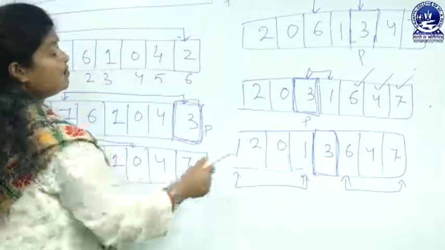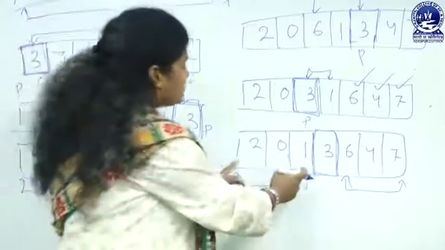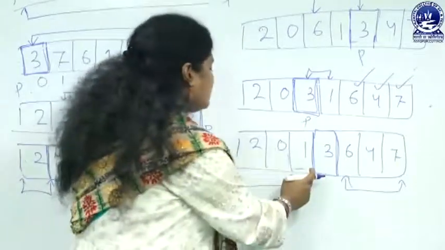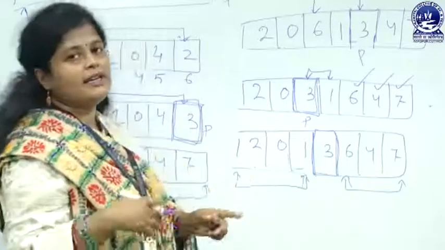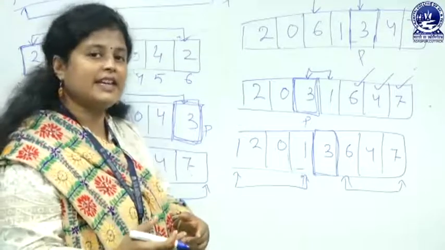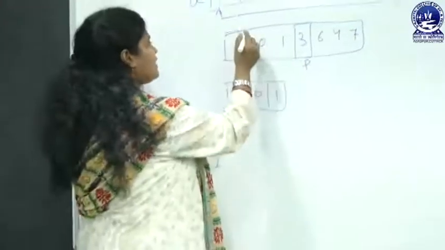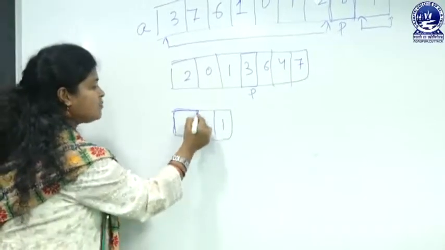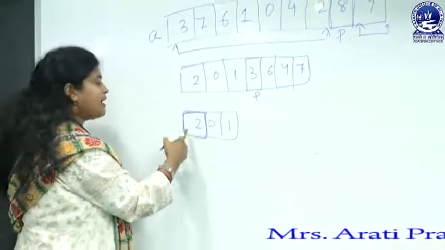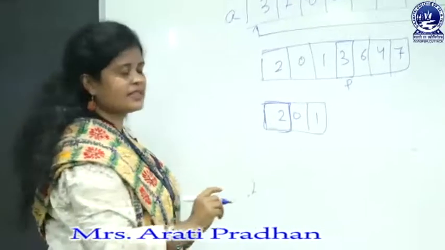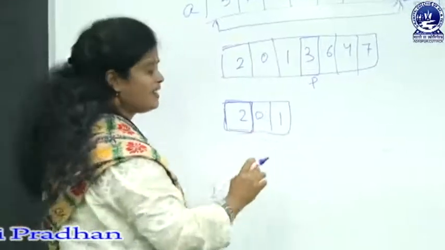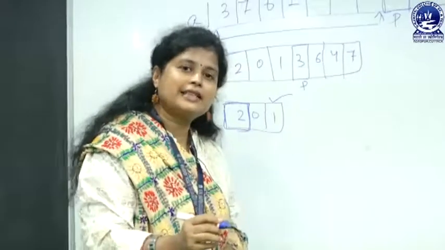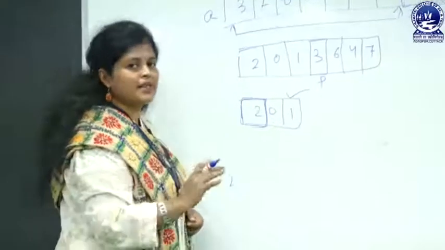Now we will process this part in the same way. The same steps will be continued again and again on each part, and we will keep dividing the list into smaller lists. Now we have taken this part, and in this part again I am choosing the first element as pivot, that is 2. As there is no element on the left side, we will compare from the right side. And it is violating the rule, because the rule is that all the right side elements must have greater value in comparison to the pivot.